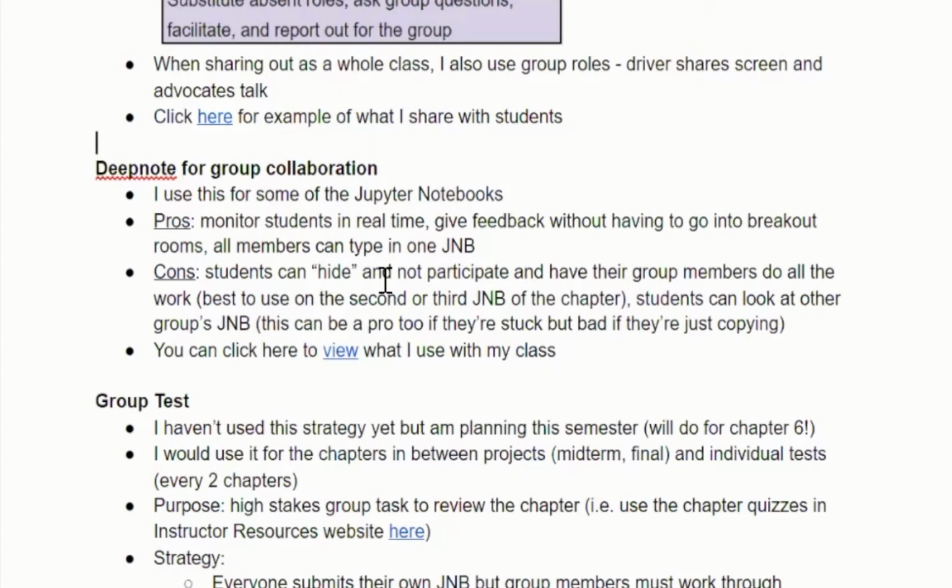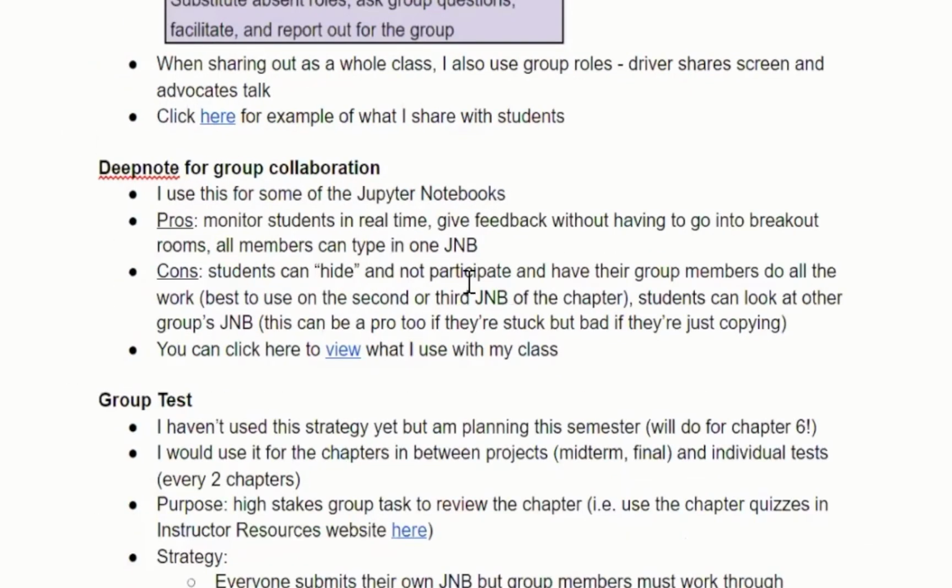So that does make it easy for me to monitor, but if I don't notice it, I won't see. And sometimes when I go into the breakout room, they don't know I'm there. So I can hear them say, oh, go look at the other groups' Jupyter Notebook, don't get caught. And I'm like, oh, you're allowed to spy on other groups,